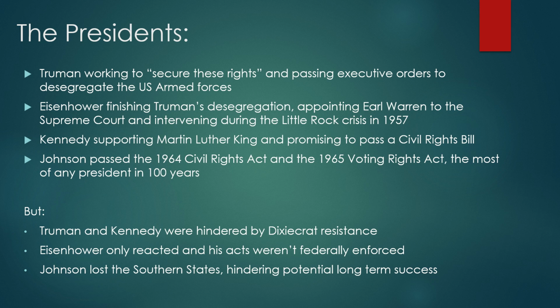Kennedy was a Northern Democrat after all, and he only narrowly won the 1960 election. And he won a lot of those Southern votes over because of his prior record of being against civil rights, for instance, voting against the 1957 Civil Rights Bill. And so I could point to that as a clear limitation of these two presidents.